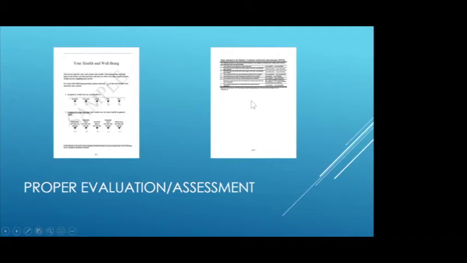The second questionnaire is geared towards patients with diabetes that have already started a treatment plan. And this helps us measure how satisfied a patient is with their current treatment plan. And once we get these evaluations back, especially the diabetes questionnaire, it lets us know how they're dealing with it emotionally and how we can support them emotionally.